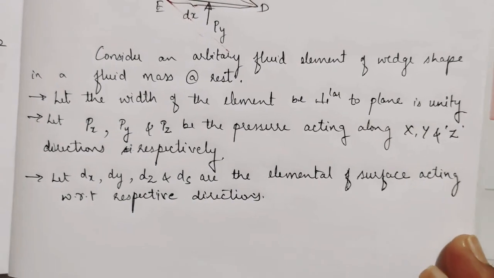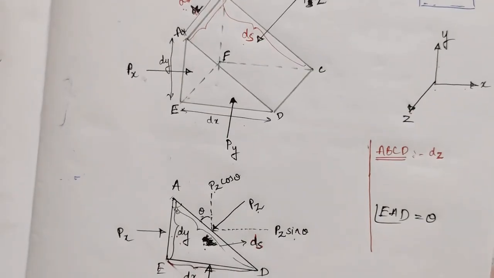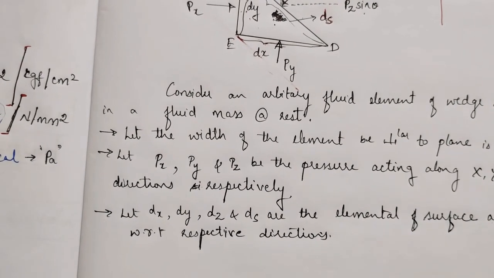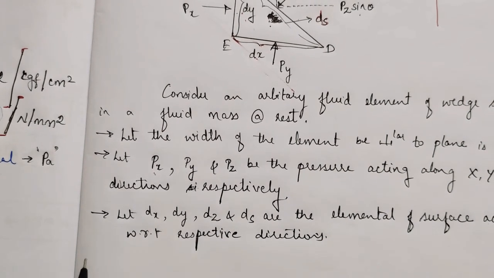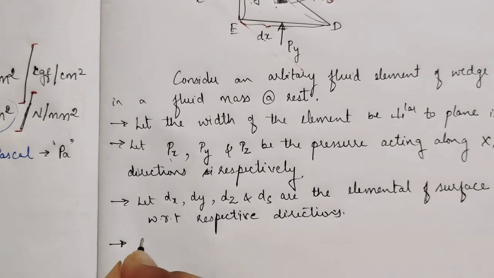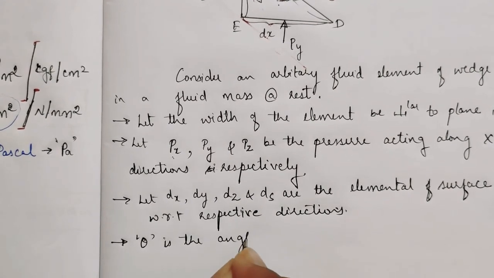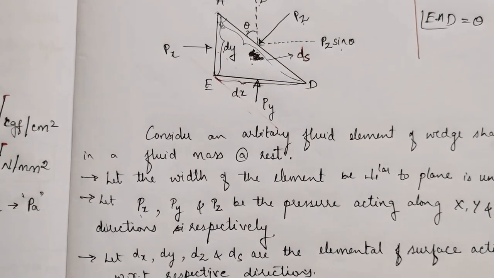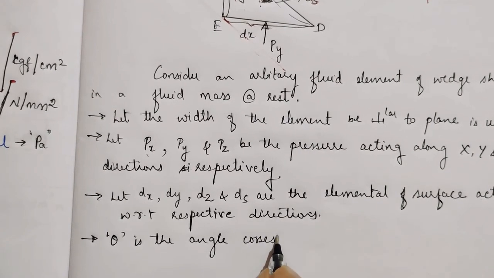The reason I am going slow is that once you get to know this, you can do the next simplification very easily. So PX, PY, PZ and dx, dy, dz and also theta. We have to mention theta also. Theta is the angle corresponding